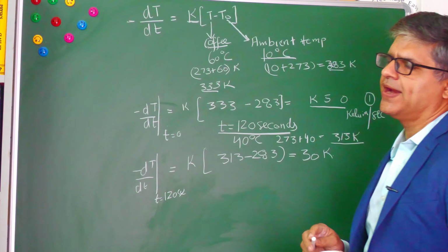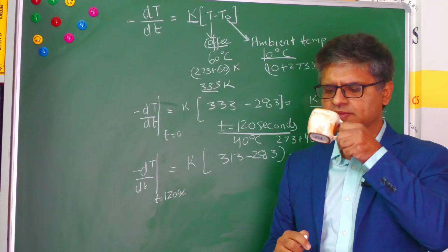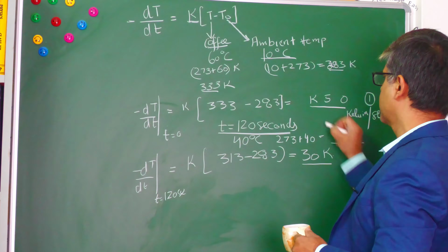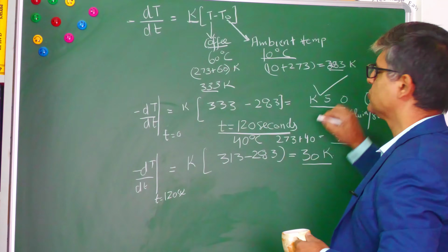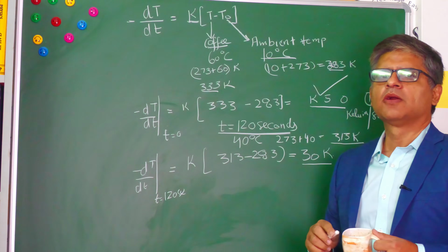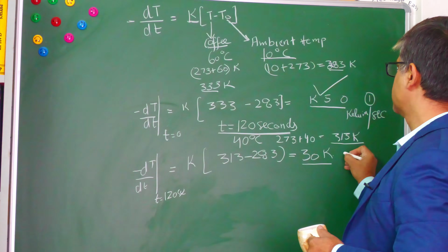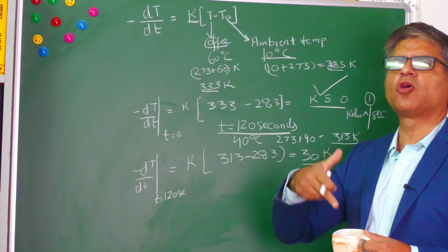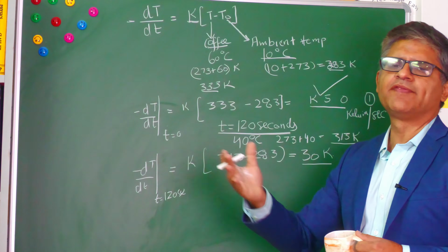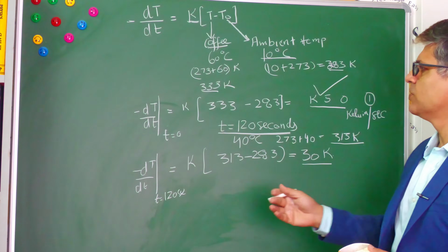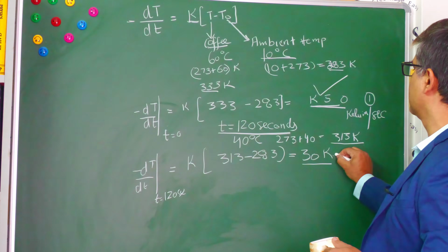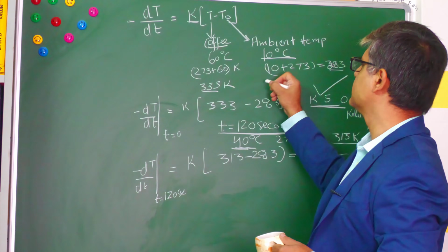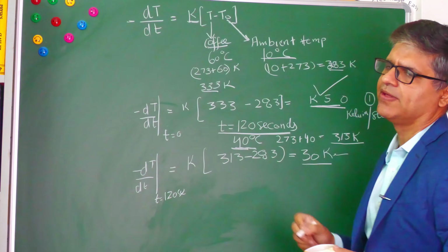Now you can see the rate at which the coffee is losing temperature has reduced. Okay, so this is a very high rate at which the coffee is losing temperature, and this is a lower rate. So if the temperature difference between the surrounding and the coffee is big, the rate at which the temperature drops is big. Okay, so this is a bigger rate, right? K50 is bigger than this. Here the temperature difference was only 40 degrees, and here the temperature difference was like 50 degrees or 50 Kelvin,